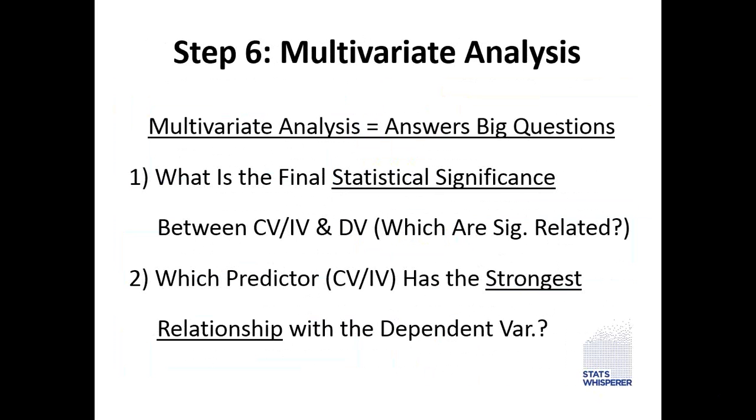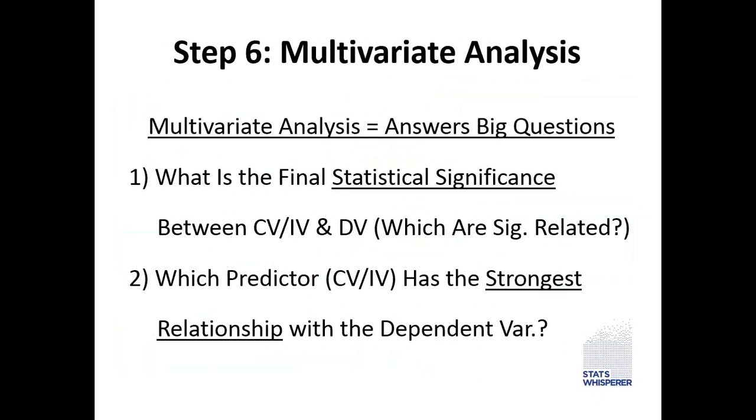So in the regression model, the levels of statistical significance between the predictors and the dependent variable are the final levels that we'll report as our findings. Right? So what variables are significantly related? Right? So like I said, this is what we're going to use to determine what relationships we consider